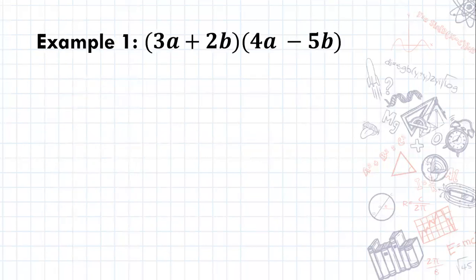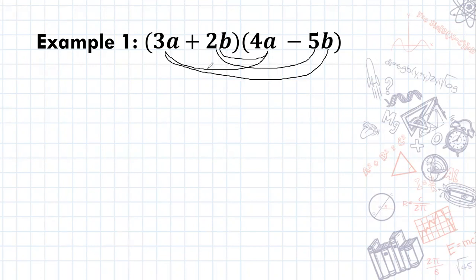So here's our first example: 3a plus 2b times 4a minus 5b. So what we can do is draw little lines joining each of our terms together, and they will remind us that we need to multiply. So our first one is 3a, and we multiply it with 4a and with 5b. So we're going to have 3a times 4a is